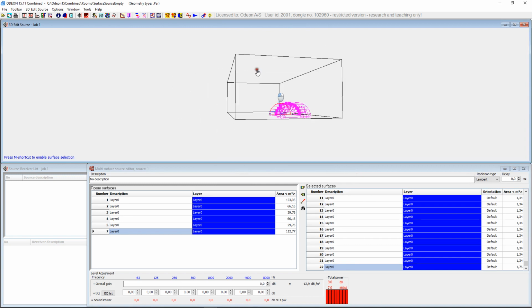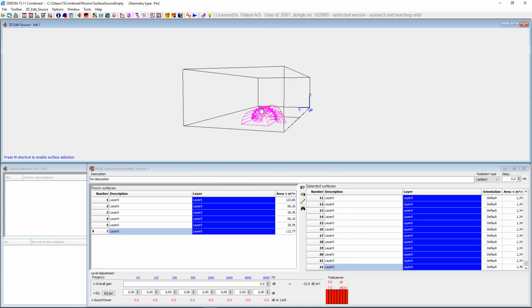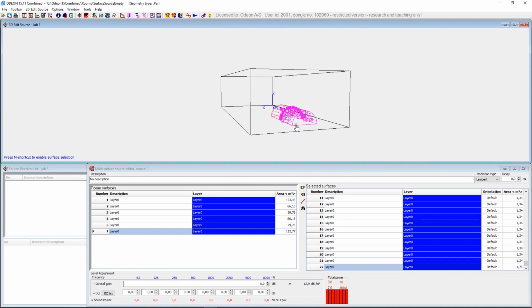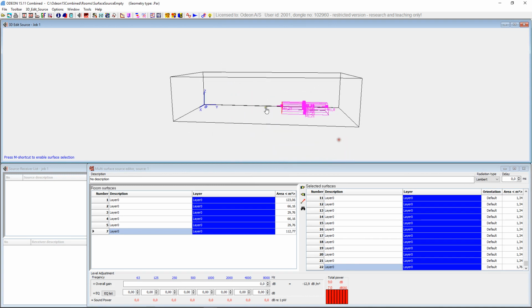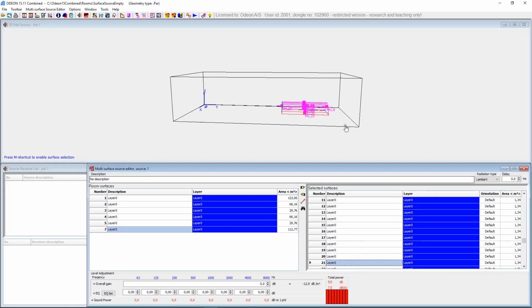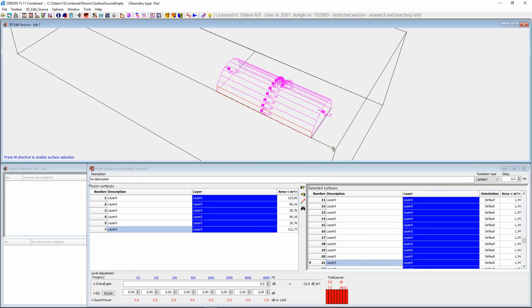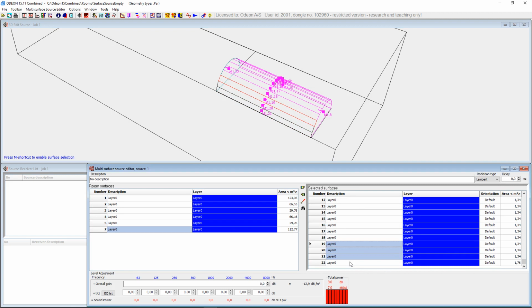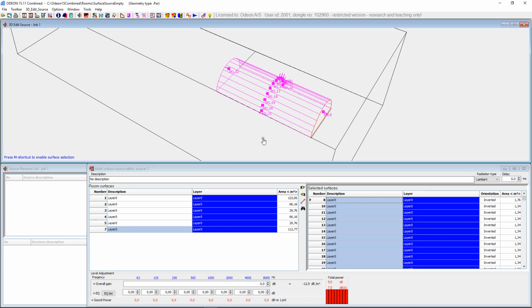And as it is right now, you can see these vectors on the surfaces, they point out of the room, not into the room, except for the one over here. So we have to change the orientation of most of the surfaces. So now I select not the last one, but the next last one, and then select all these surfaces. And there we are, and this was the last one. And these should have a different orientation, like that.